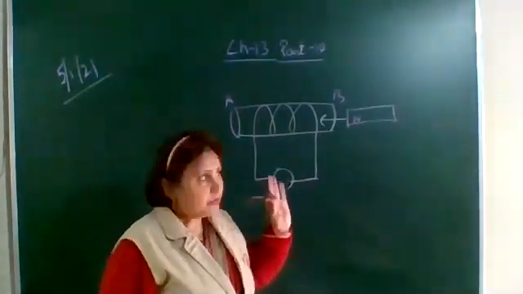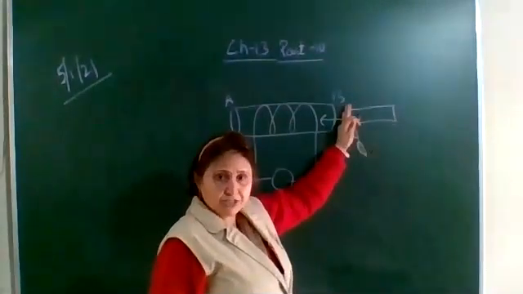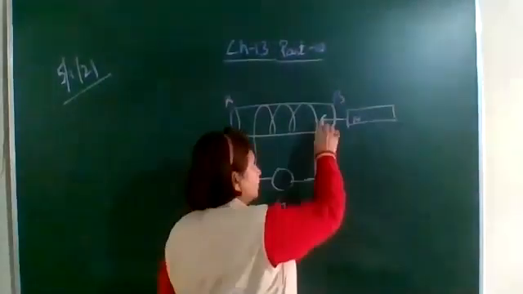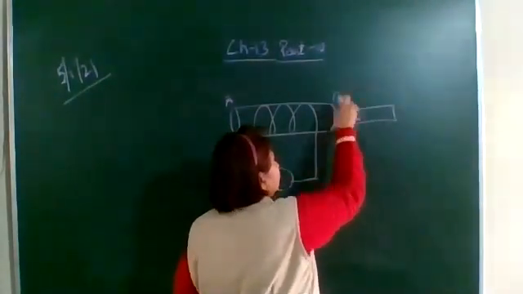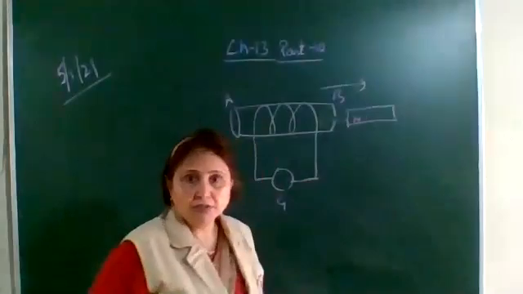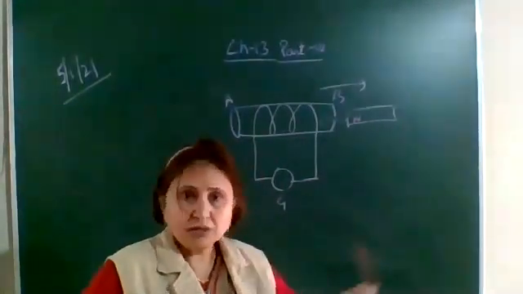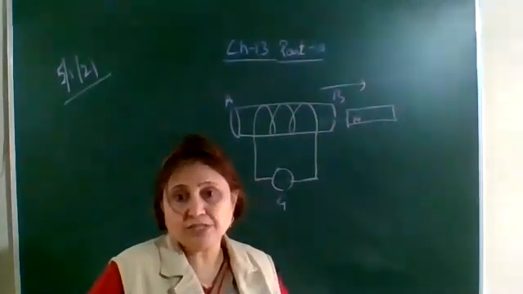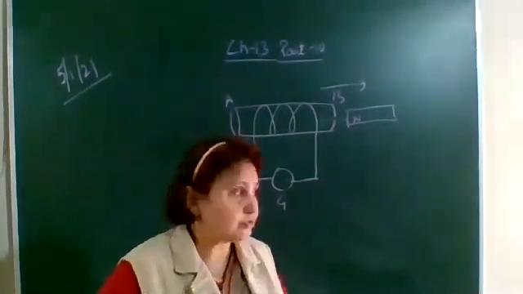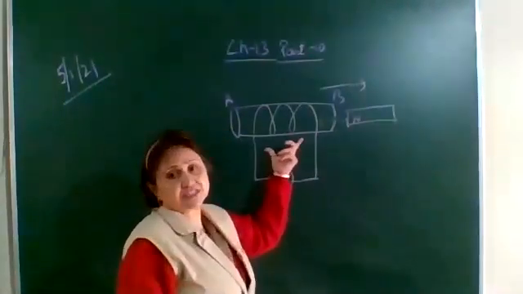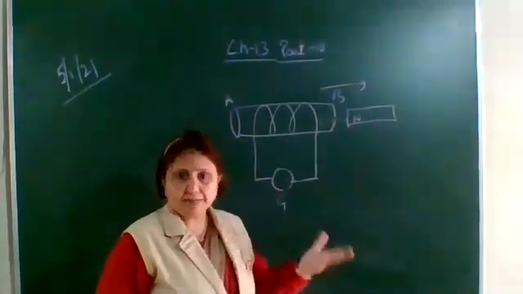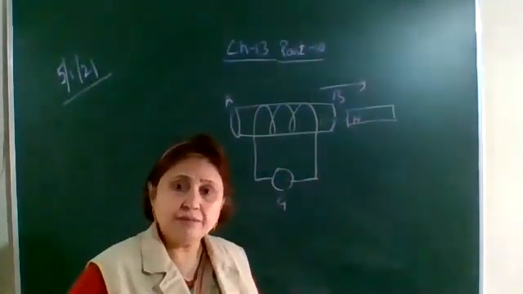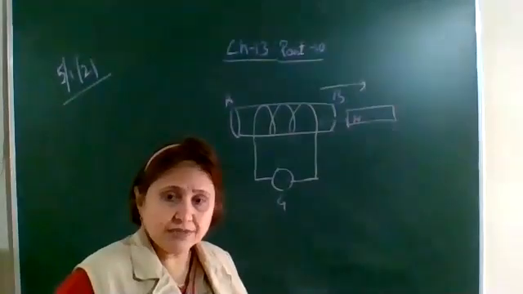Now, suppose you keep the magnet stationary and move the coil towards or away from the magnet. Now let this magnet be stationary, and the coil is moved towards the magnet or away from the magnet. Again, the galvanometer will show the deflection. That is, again the induced current will be produced. Why? Because some potential difference is induced in the circuit. And whenever there is a potential difference across the ends of the coil, a current will be produced, and such a current we call the induced current.